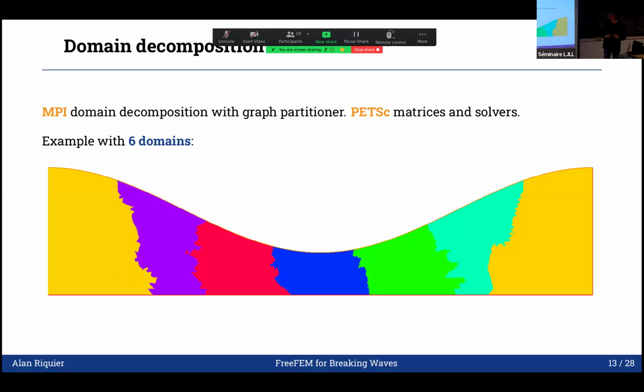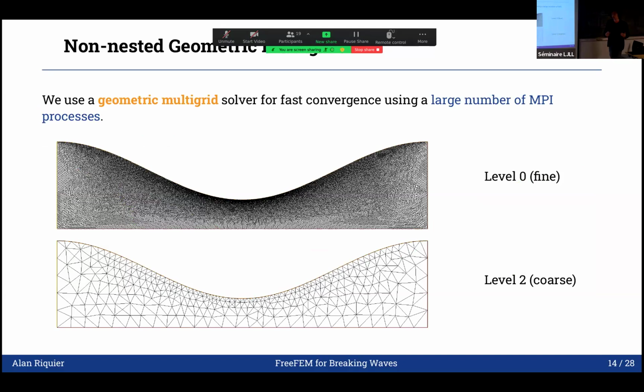Basically, I use a geometric multigrid preconditioner. So I decompose my domain, for instance, with 6 domains here, shown here, but it will be 24 to 48 subdomains during the simulation. And I use a geometric multigrid, which states that there is a fine level grid and other levels of coarser grids. And the basic idea of it, which was talked about yesterday by Pierre Jolivet, is basically